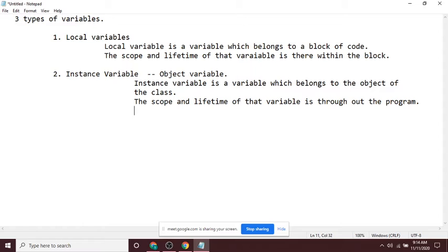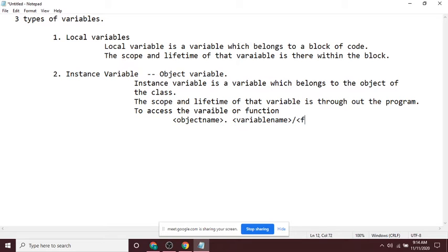That means, to access an instance variable or function, what syntax do you have to use? Object name dot variable name, or function name.